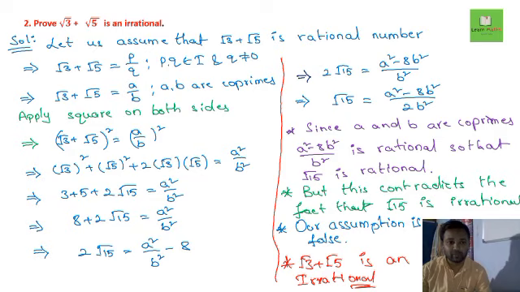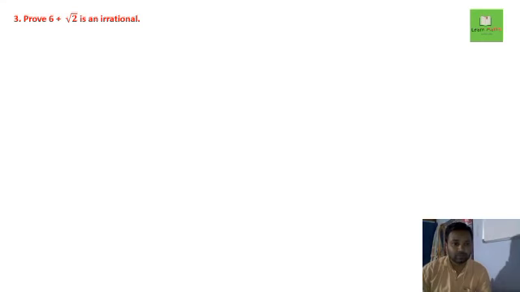So in this way, we need to solve these problems. Okay. Now, the third problem is a mixed set. One rational form is there, one irrational form is there, both mixed together. It is mentioned in the form of a plus root b, a plus or minus root b form. So let us see the solution of this problem.